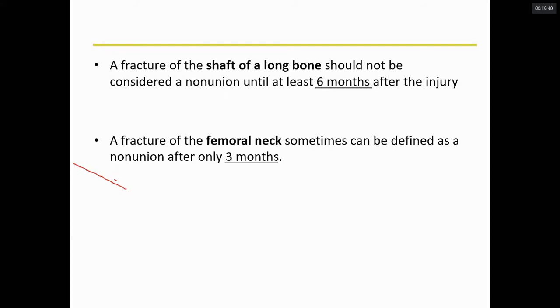So why the fallacies? Because sometimes in fracture neck of femur we take it as non-union as early as 3 months, and for fractures of long bones, for example femur or tibia fractures, we do not label it as non-union until 6 months. So you should not say, okay, it has already been 4 months, your fracture is not united, it is not going to unite, now you have to intervene. In long bone fractures, you have to wait a minimum of 6 to 9 months, but in a few exceptions like fracture neck of femur, non-union can be diagnosed as early as 3 months.